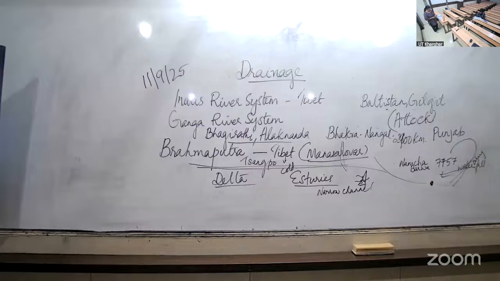The Narmada basin. The Narmada rises in the Amarkantak hills. Mark it. The Narmada river rises in the Amarkantak hills in Madhya Pradesh. It flows towards the west in the rift valley formed due to faulting. So it is flowing towards the west through Rift Valley. What is Rift Valley? It is the gap formed through that faulting. Understood?